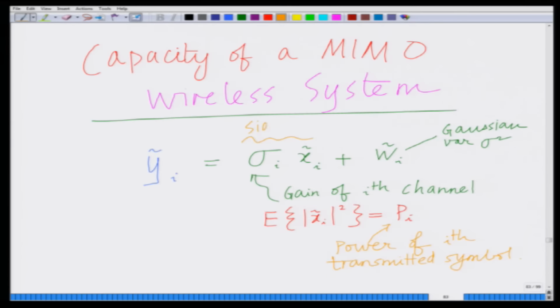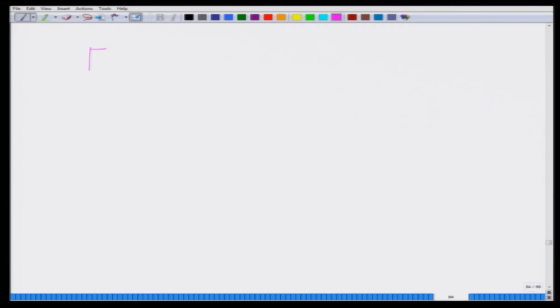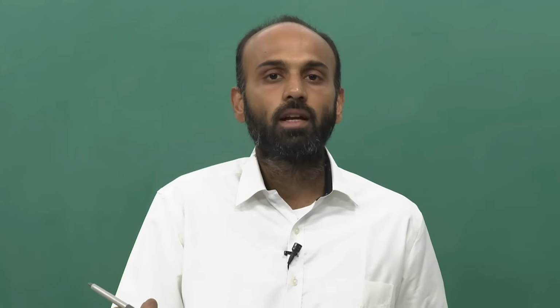Therefore, now you can see that this is the signal part and this is the noise part, and therefore, the signal to noise power ratio or what we call the SNR is equal to sigma I square Pi divided by sigma square. So, therefore, what we have is that for the ith channel SNR I equals sigma I square Pi divided by sigma square, alright. So, the SNR of the ith channel, that is we have T parallel channels between the transmitter and the receiver. The SNR of the ith channel, which we are denoting by SNR I, is given as sigma I square, where sigma I is the gain of the ith channel, times Pi divided by sigma square, where Pi is the transmit power